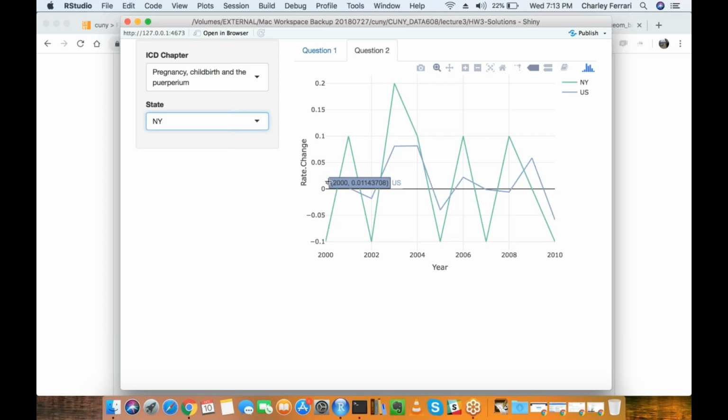In line with what we've been talking about in the discussions, I think it's useful to think of all of this in the context of the classic data visualization concepts.